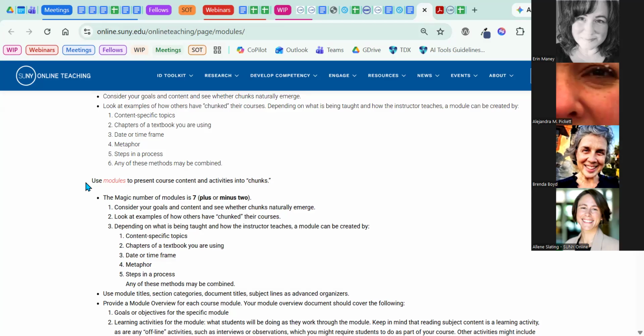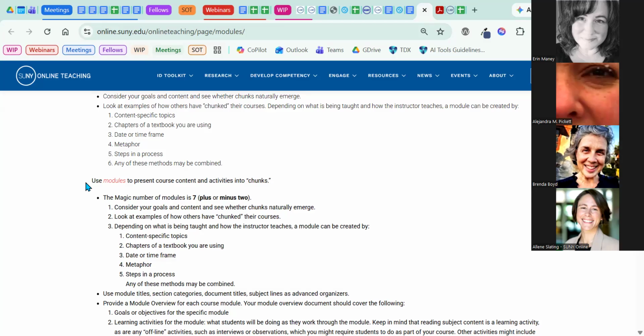It also conveys the personality of the instructor and the positionality of the instructor toward the content. So every biology instructor is going to probably have different ways that they chunk their course, or that they label the chunks of their course, and that is also important contextual information to share with the students.